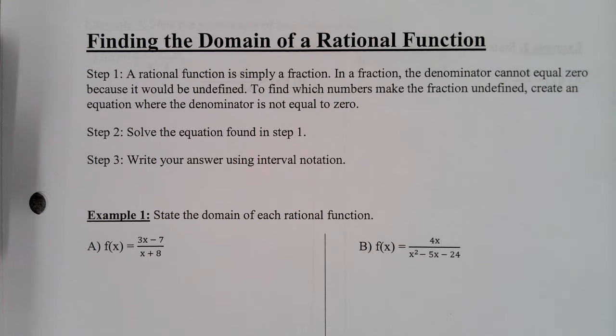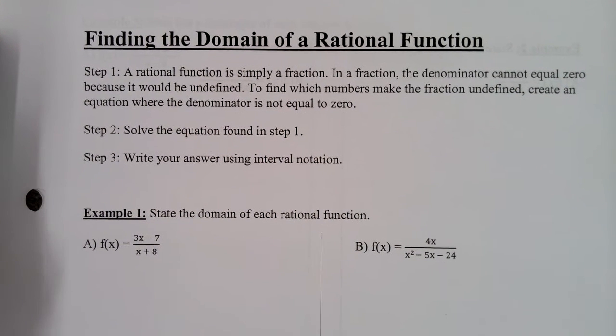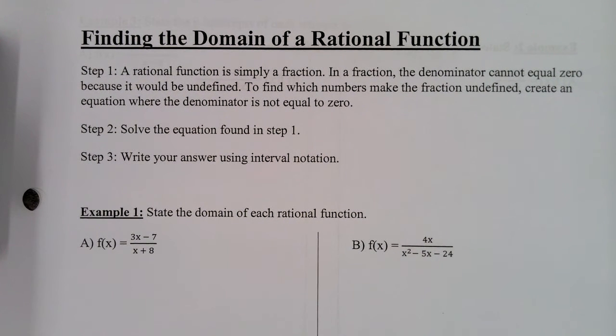So step 1, a rational function is simply a fraction. In a fraction, the denominator cannot equal 0 because it would be undefined. To find which numbers make the fraction undefined, create an equation where the denominator is not equal to 0. Step 2, solve the equation found in step 1. And step 3, write your answer using interval notation. That's what we've done all year long. So,